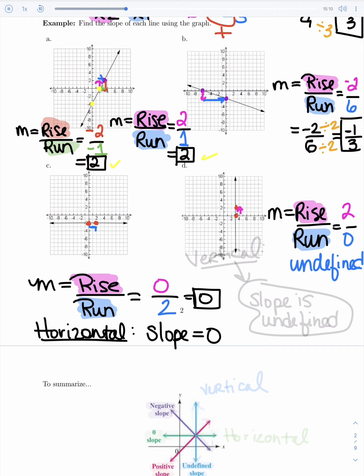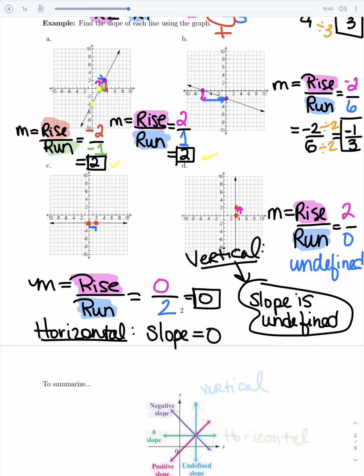So what we have here is that our slope really doesn't exist. It's undefined. It can't be measured. And if you think about this, slope is measuring steepness. You really can't measure steepness if something is going up and down forever. How do you measure that? So that's why we give this fancy answer that the slope is undefined. And this will be our answer every time that we have a line like this. When we have a vertical line, we'll always have an undefined slope. So moving along, let's talk about